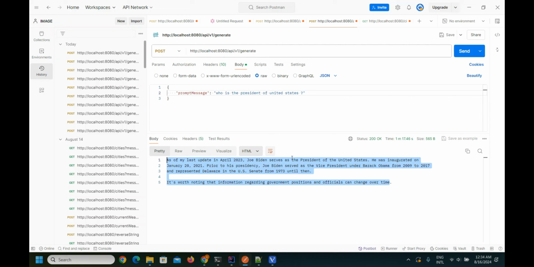The information is correct. The model was last updated in April 2023. Based on the new model, the last update date will be a very recent one. Okay, and now let's try to